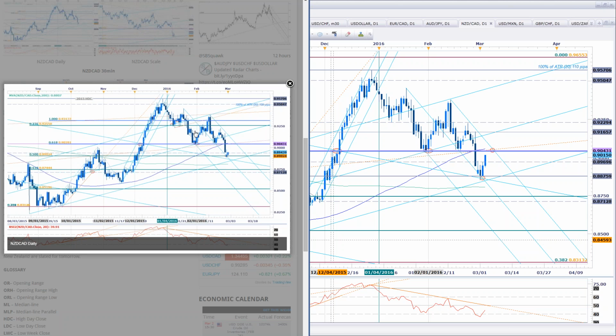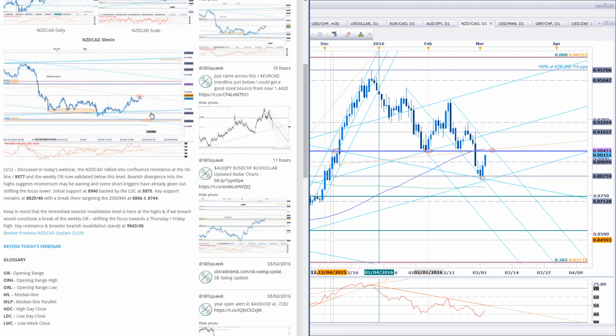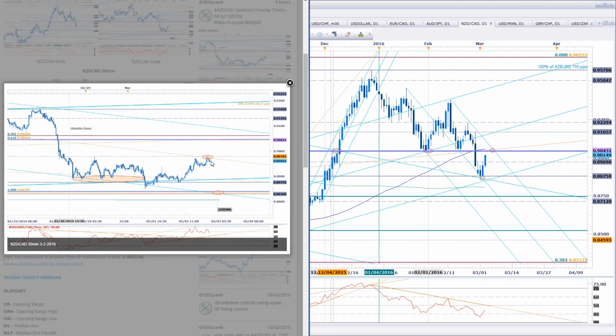Again, here's back to yesterday's update. We were talking about this near-term resistance level. I had a short off this. I'm not going to lie to you guys. You had some nice divergence. There was a trigger break on the near term. We were only looking for 27 pips. The thing stretched down to 26 pips. I never got triggered on the limit, and on the rebound and overnight trade, I got stopped out at break even. So no harm, no foul, I guess, but certainly the break above 89.78, guys, is a basic and objective